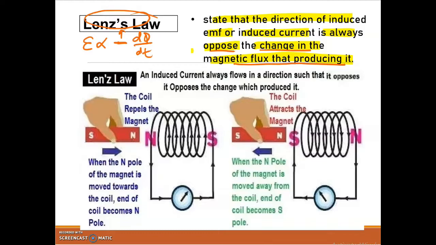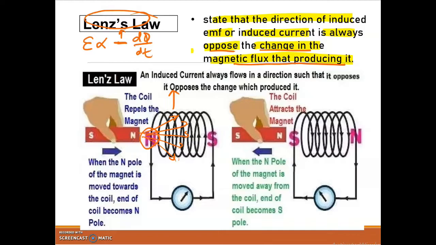Look at the permanent magnet bar. As the permanent magnet bar is moving towards the coil, it will be increasing the magnetic flux. Okay, as we learned before, magnetic flux is the number of magnetic field lines that passes through an area. So the magnetic flux will be increased. To oppose the change of magnetic flux, the coil near the permanent magnet bar must behave like a north pole to